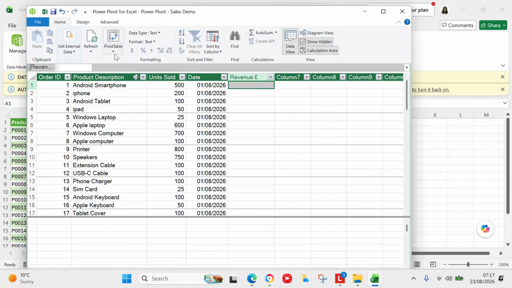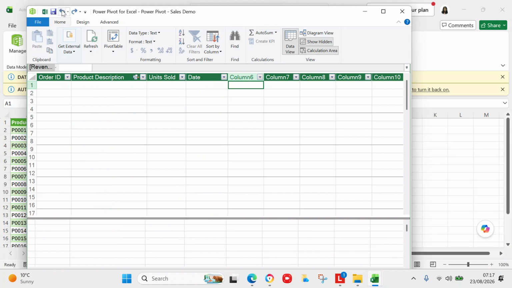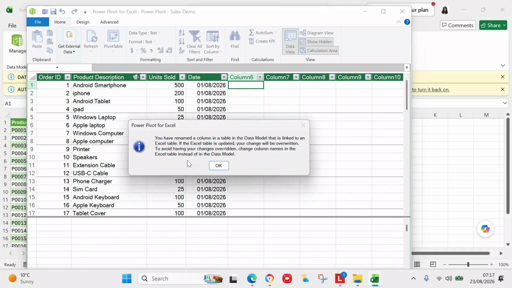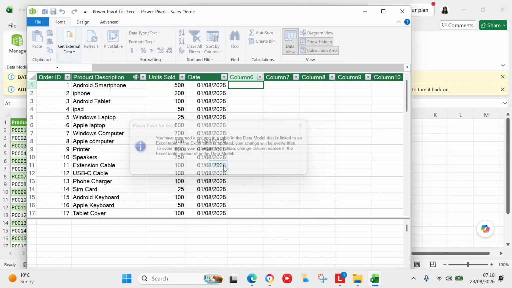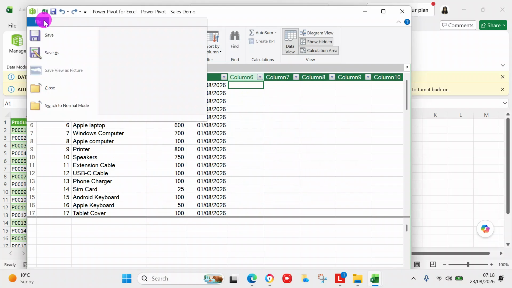So we're going to say equals. It says you have renamed a column in the table in the data model that is linked to an Excel table. If the Excel table is updated, your change will be overwritten. To avoid having your changes overwritten, change column names in the Excel table instead of the data model. So we're going to save what we've done,